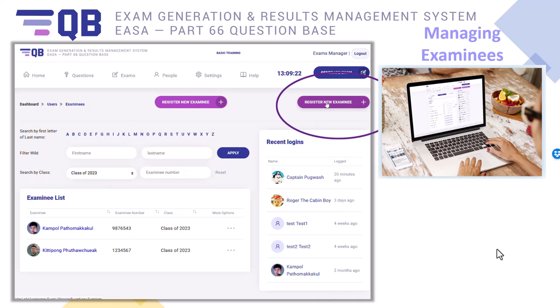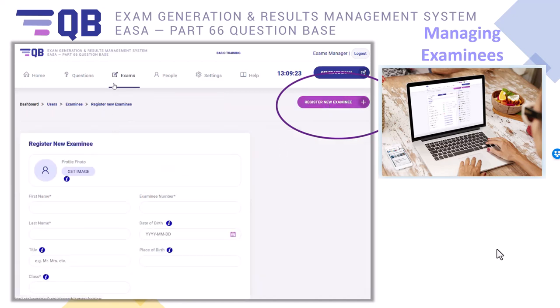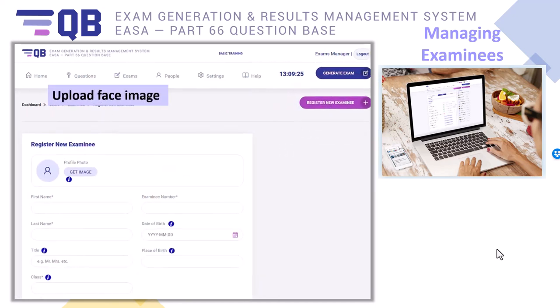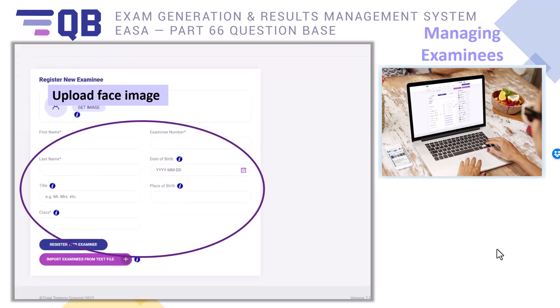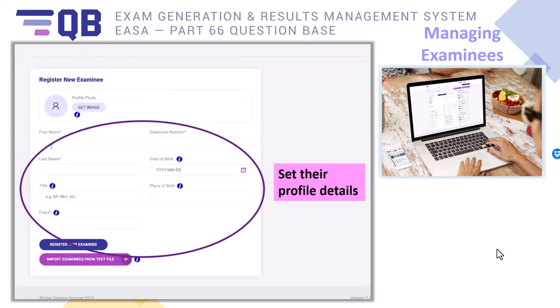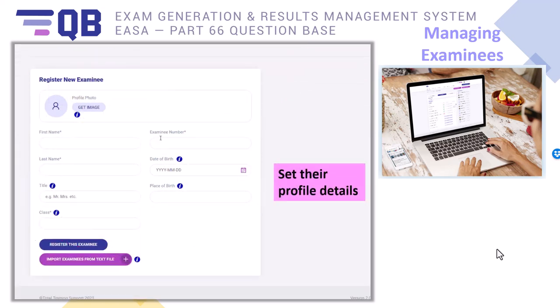To register a new examinee, simply click on the Register New Examinee button. This takes us to a blank registration page where we enter details such as the examinee's first and last name, title, date and place of birth, and unique examinee number. We can also upload an image of the examinee, which will be displayed on their exam page and any reports